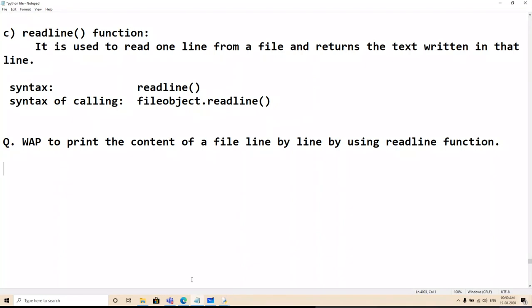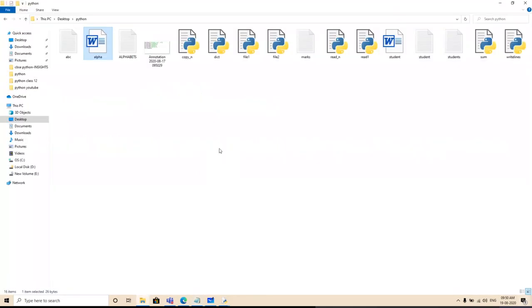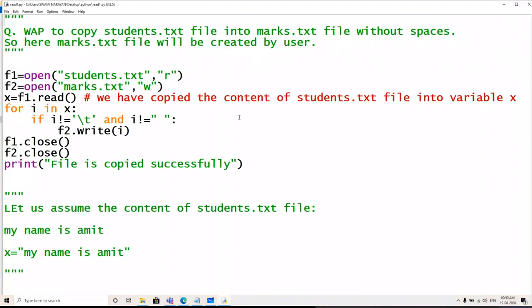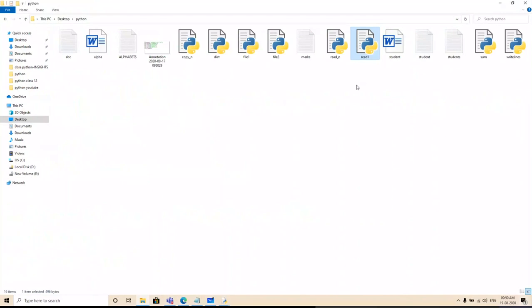Fine. So now let us create one file first. Let us print a program by using this function, a program which is already created. Suppose this is one of the programs which we have created, read one. Let me open it. Let's read a program also. As I said, you can read any kind of file which can be opened by Notepad. Now see, this is one of the programs. I want to print the content of this program. The name of the program is read one. Let's do it.